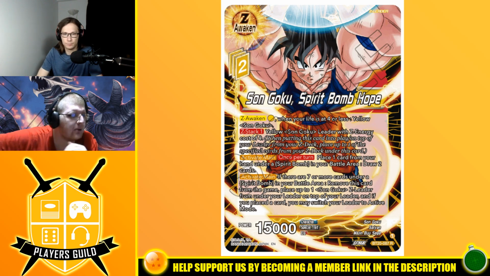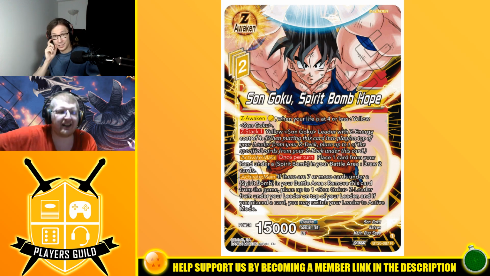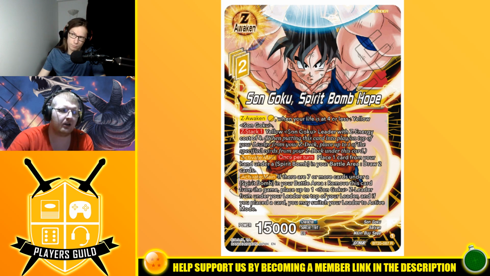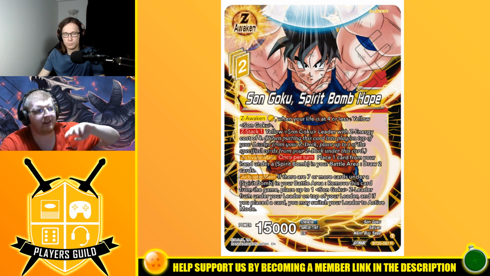If there are 7 or more cards under a Spirit Bomb in your battle area, remove this card from the game. Place up to 1 Son Goku Z leader from under your leader on top of your leader. And if you placed a card, you may switch to active. So you still get a swing out of this card. Yeah. Or you get a swing. Well, to be fair, you probably swing with your unawakened side. Z awaken into this. Get the draw from this. Then do your going into the next card, which is... Yeah, because the other one still nets you a draw when attacking, right? Exactly. So you swing, you Z awaken, you use the activate mains, and then you go into this boy,